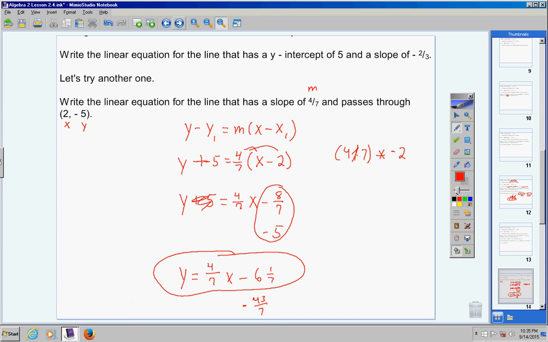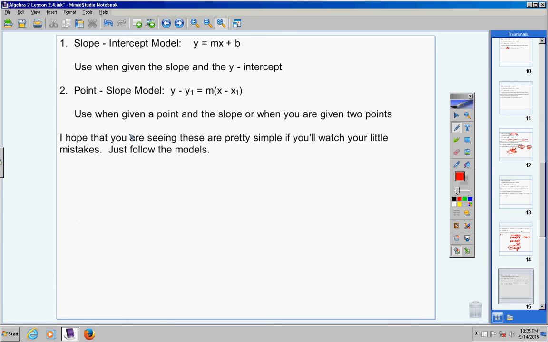So guys, look, I hope that you're seeing these are pretty simple. If you just watch your little mistakes, just follow the models and you'll be fine. Now, here's another one,